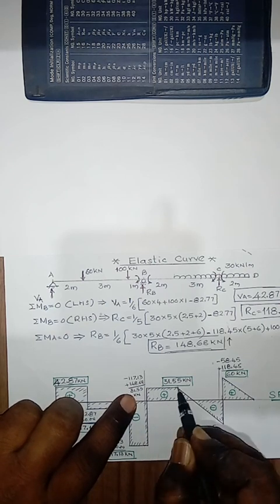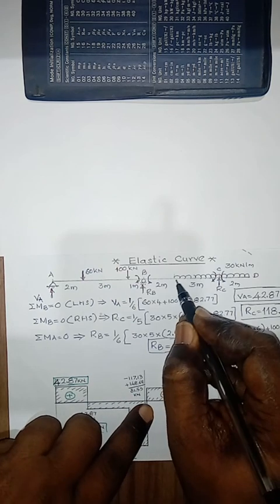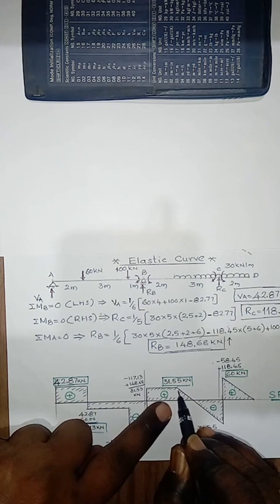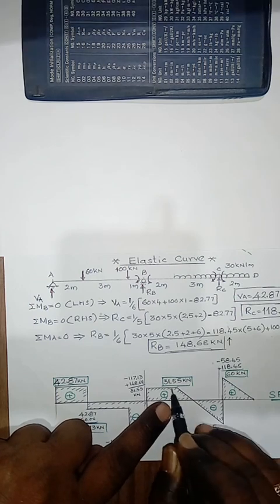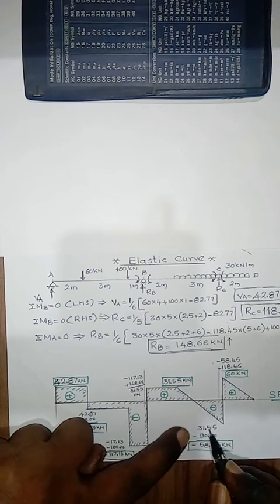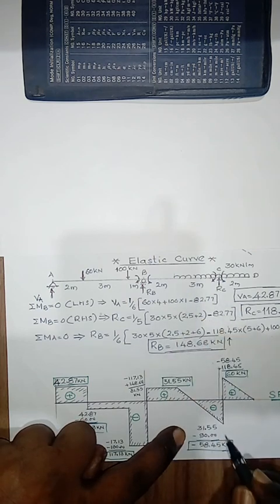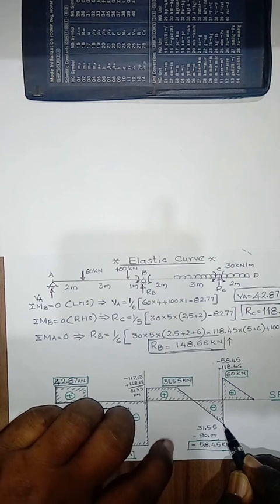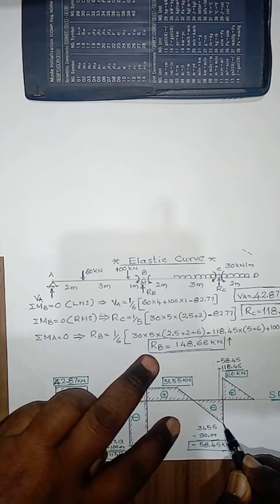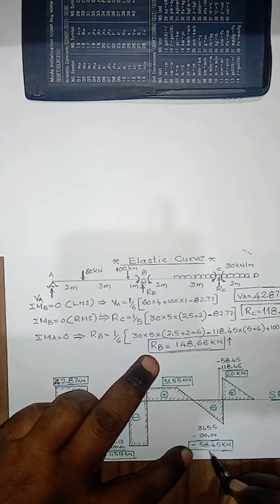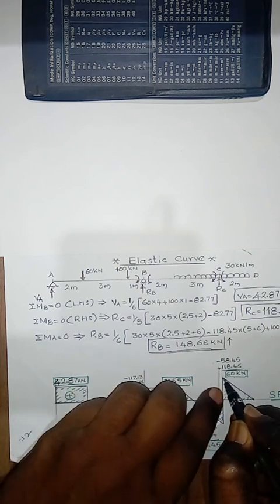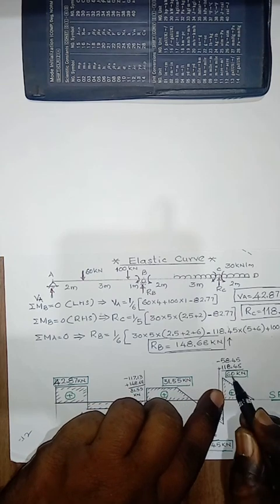Here up to 2 meter this remains constant. Here there is a UDL of 30 kilonewton per meter. Then the shear force varies in a straight line. 31.55 minus 30 into 3, that is minus 58.45 at point C. Then again there is a reaction RC, that is 118.45 minus 58.45, that is 60. Here the shear force variation, 60 minus